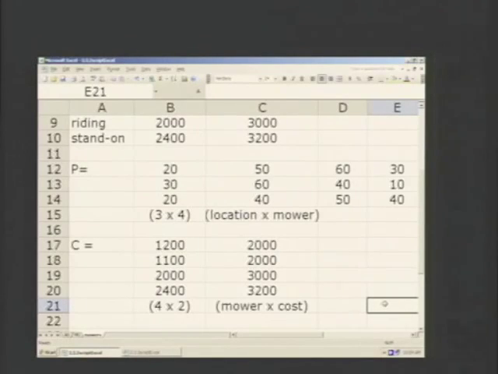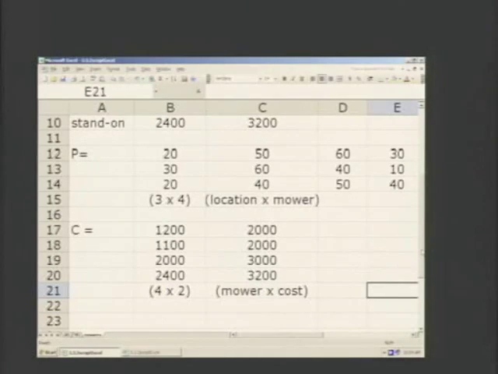We'll use multiplication to get the results that we want, since total cost is equal to number of units produced times cost per unit. We're going to check the size and row and column labels to see if multiplication is possible. If we look at the dimensions, P is 3x4, C is 4x2. Since the inner dimensions are 4 and correspond, then the product exists, and the dimensions of the result will be